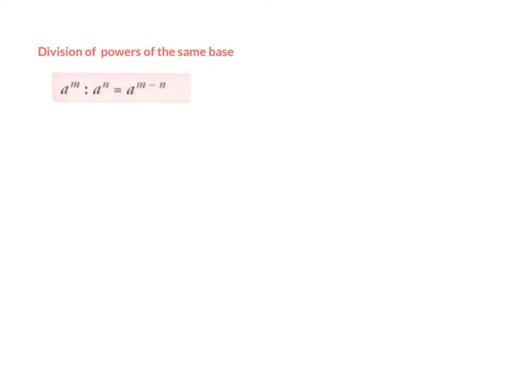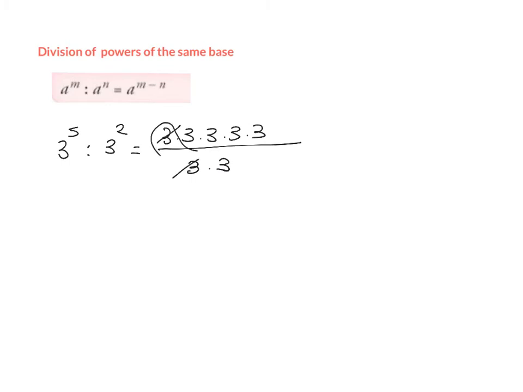Here we have the second property, the division of powers of the same base. In this case, we have 3 to the 5th over 3 to the 2nd, for example. What we have is 3 times 3 times 3 times 3 times 3, 5 times, over 3 times 3. Okay, in this case, we can remove these 2 3's because if we multiply something, for example, I am multiplying